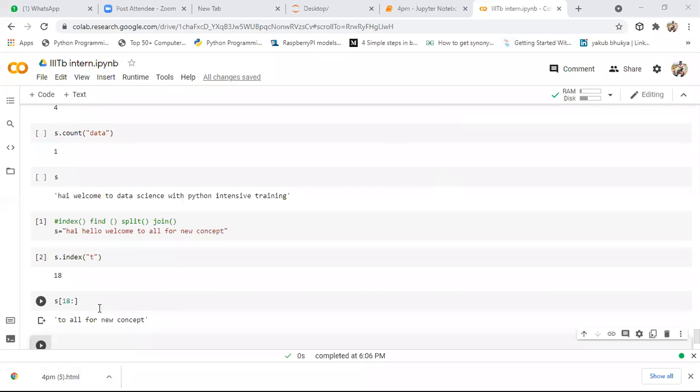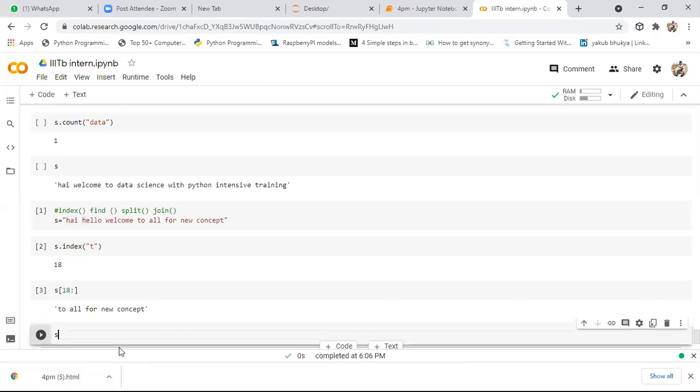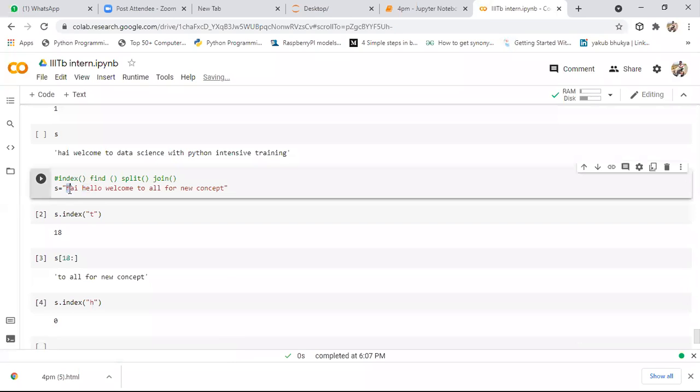Now my requirement is to perform slicing from this character h onwards. So let's suppose I'll try with the character h: s dot index of character h. See here, guys, you need to observe this keenly. The first character will be h. Whenever you search for any character by using the index method, it starts searching from the starting index. Wherever that character occurs for the first time, it directly gives the index of that character. So here we are getting the index of this h, but we need the index of this h.